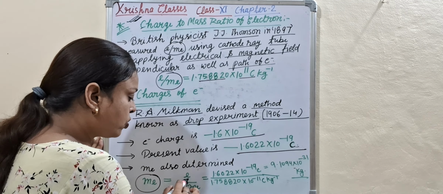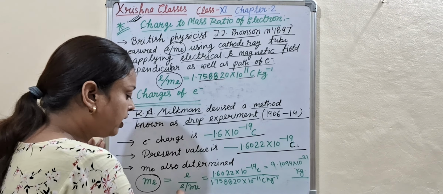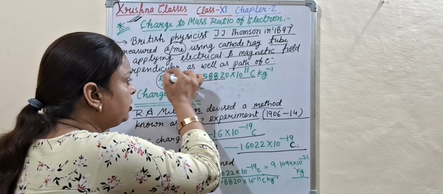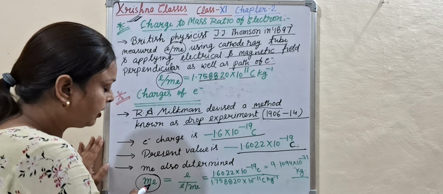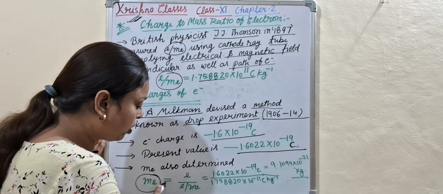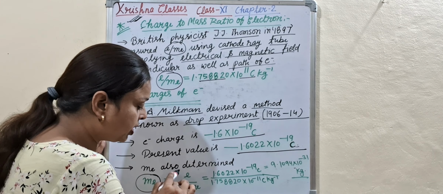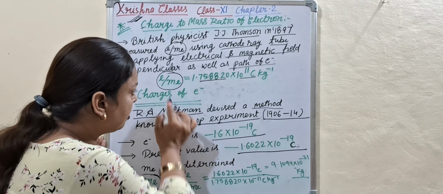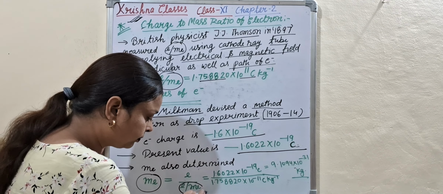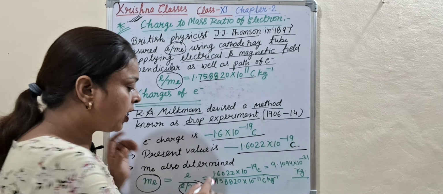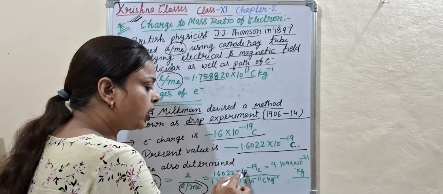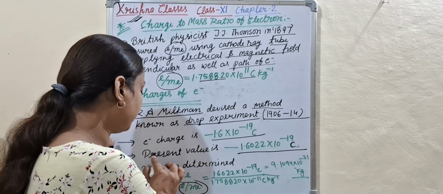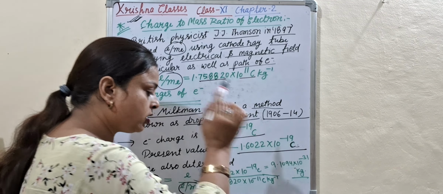Mass of electron is equal to electron charge upon e/m_e. I repeat, mass of electron is equal to electron charge upon the e/m_e value, that is, 1.6022 × 10^-19 coulomb, the present value of electron charge,